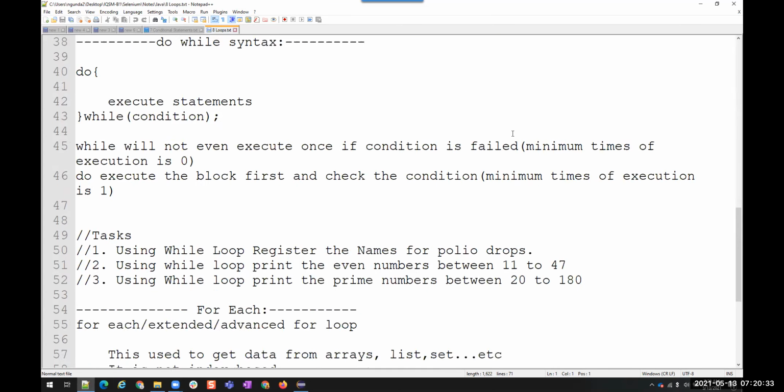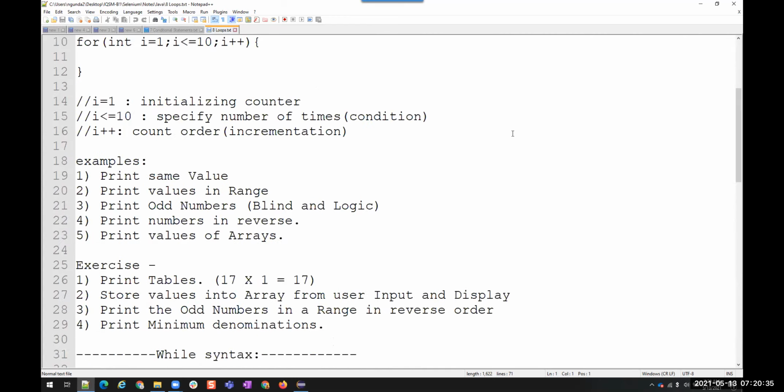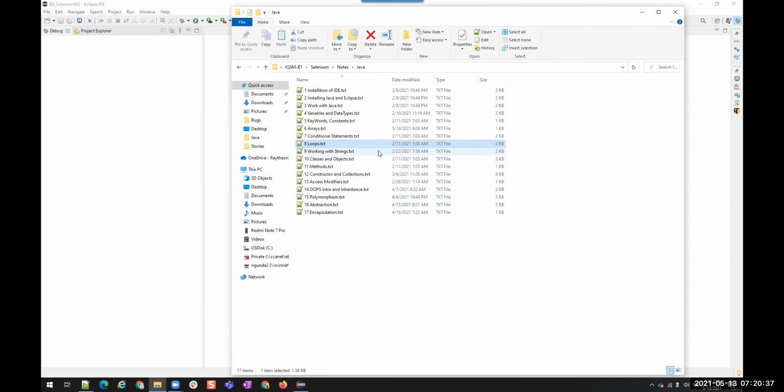One is for loop, do while, and advanced for each. So three different types of iteration statements. Each of them has a different syntax, and we can add conditions to the iterations as well. Okay, so let's see the iteration statements.